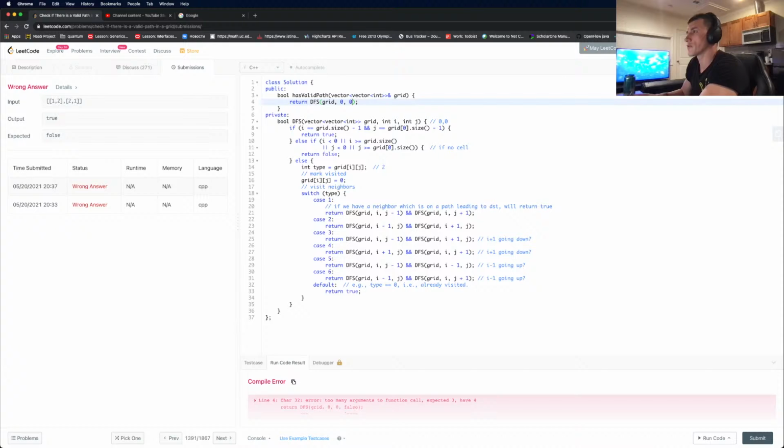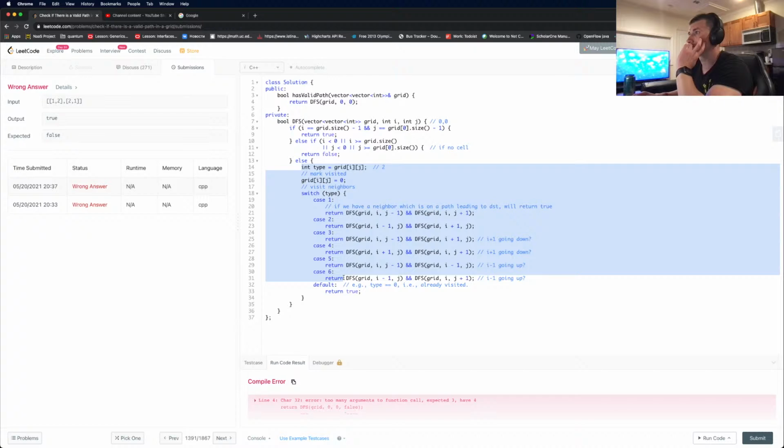And we need to do one more thing actually. I think we need to copy this one. Right? Because we definitely don't want to check